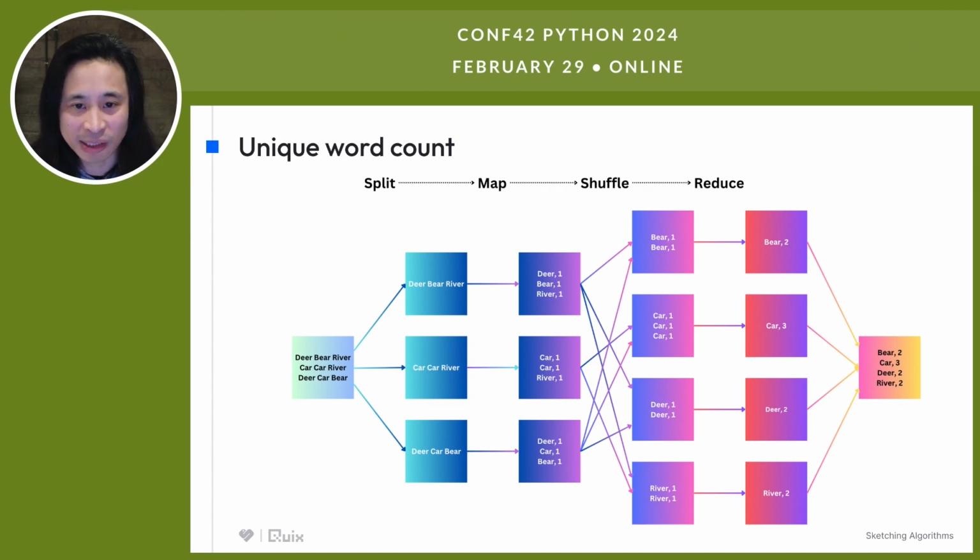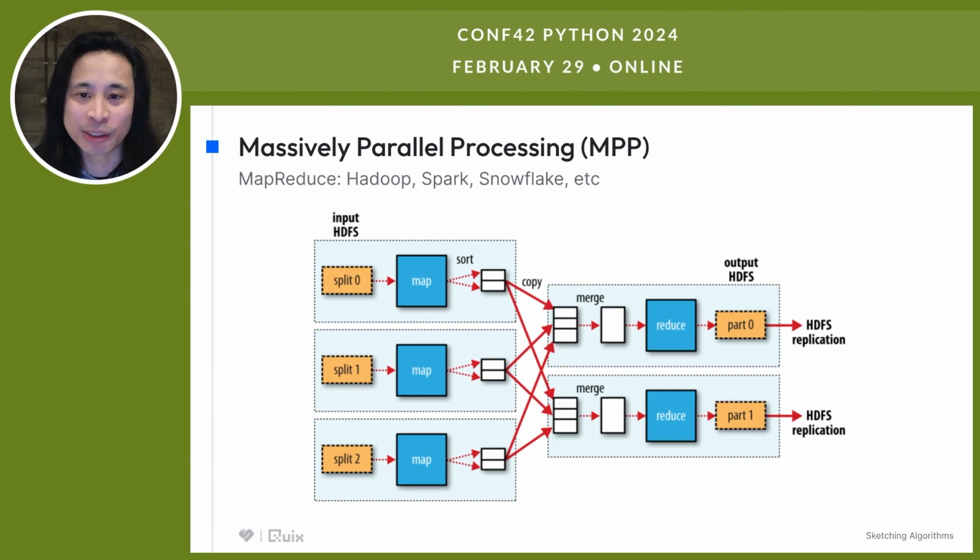So splitting and mapping are self-explanatory, but why does it need to go through shuffling and reducing? The reason is because if you look at the mapping step, each of the nodes have local answers, and they are non-additive, meaning that you can't simply sum them up since the same word occurs in multiple nodes. Here you can see that at the mapping step, the word deer and the word bear appear in two different nodes. So shuffling ensures that the same unique words are co-located so that they can be accurately counted. So when the reducer performs the sum operation, you get accurate results there at the end. You get bear is 2, car is 3, deer is 2, river is 2. And this is taken from Hadoop's documentation.